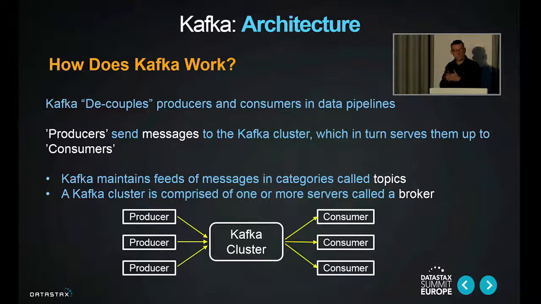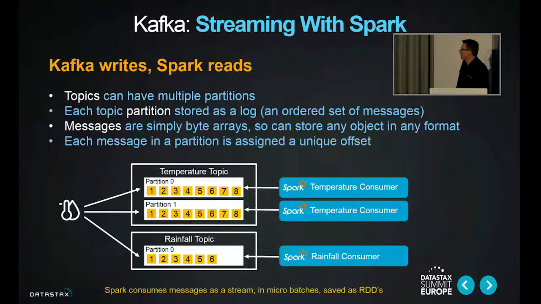And if you have too many customers, you just add more waiters. And if you've got more customers and waiters and the cooks are overloaded, you add more cooks. So this is really how you scale out both your Kafka cluster and your streaming processors that are consuming the data from that Kafka cluster. So say, for example, we have a weather station, and the weather station is sending sensor data for both rainfall and temperature. And perhaps we've got more temperature readings than we have rainfall readings, so we divide them up into separate topics. And then we have dedicated Spark consumers which consume that data from those topics.